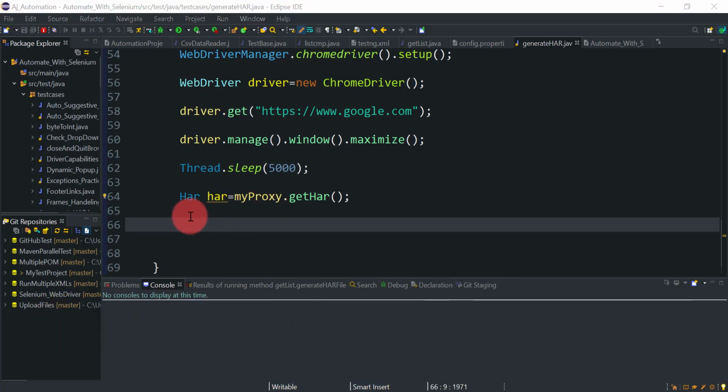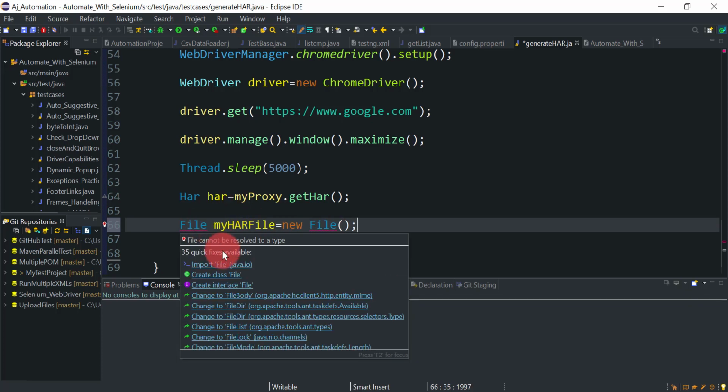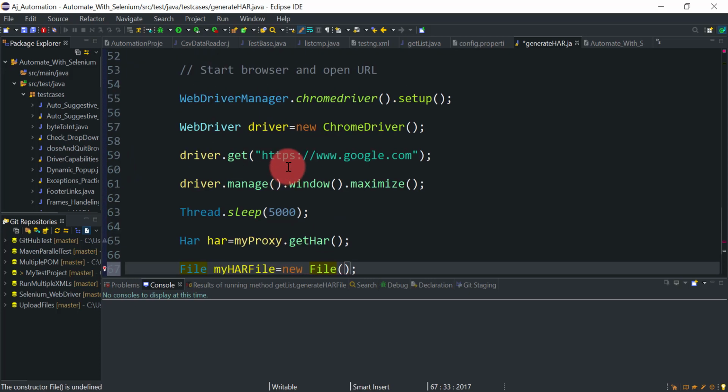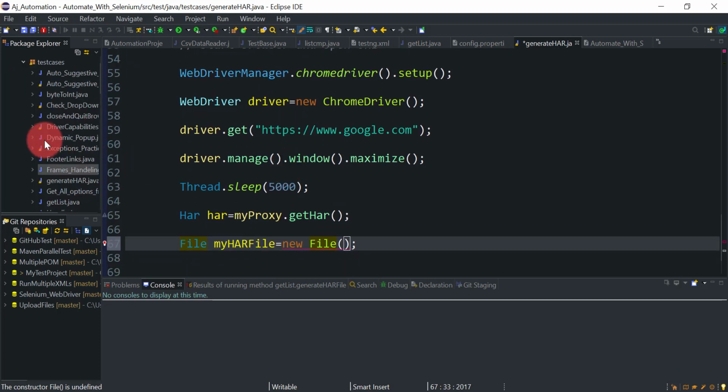Okay, so for that purpose, let's create one object for File. Let's say File myHarFile equal to new File, and here we will provide the location. Okay, so import it from java.io. Here I am going to save the HAR files into some folder inside my project.